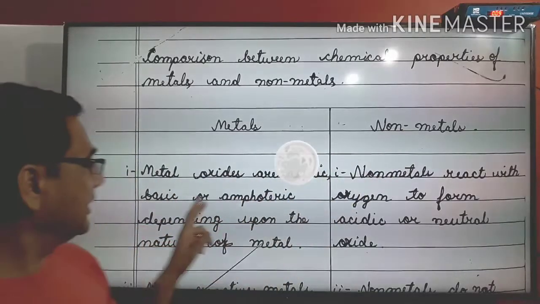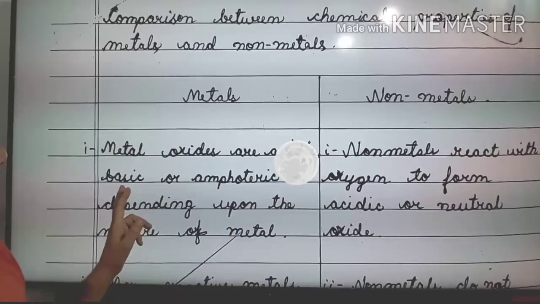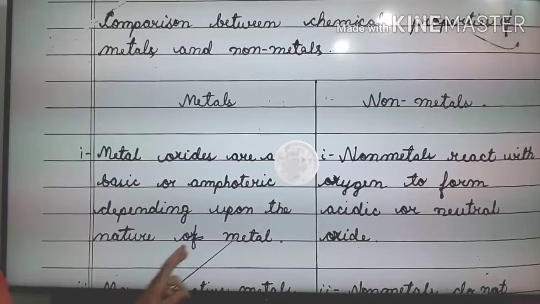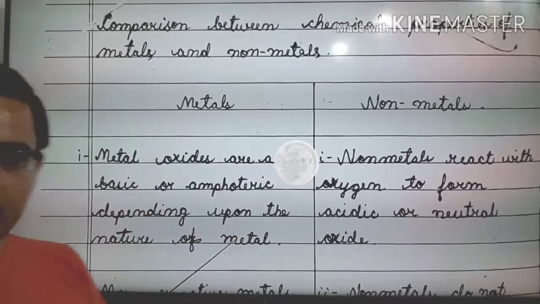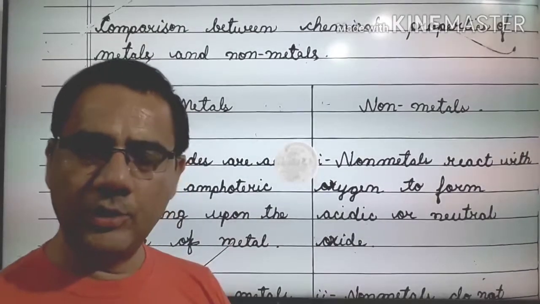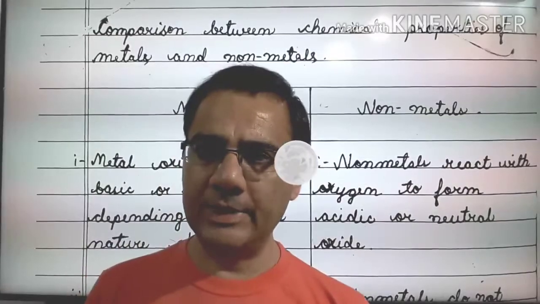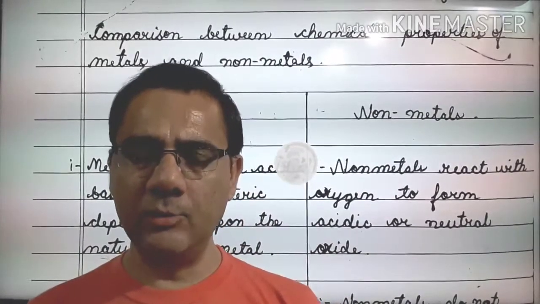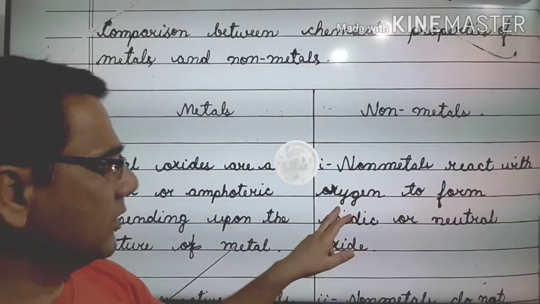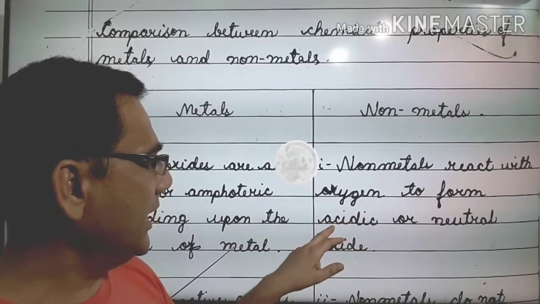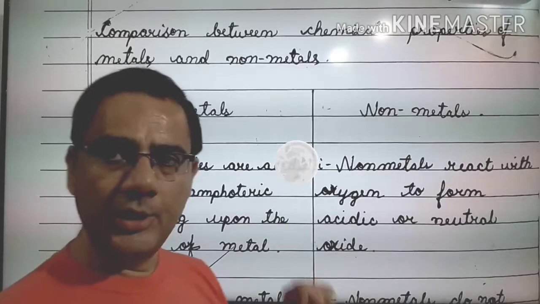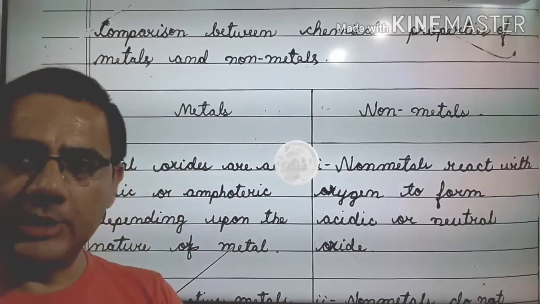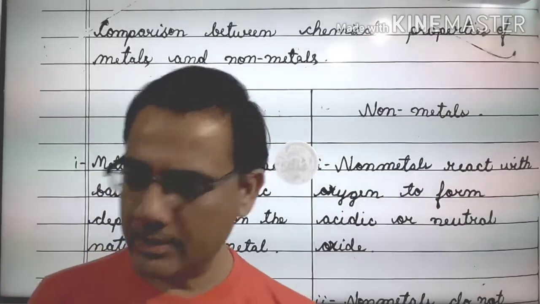metal and non-metal. The first point for metals is metal oxides, basic and amphoteric depending upon the nature of the metal. The oxides of metals, I told you, are mainly basic in nature. Some are amphoteric also, like zinc oxide and aluminum oxide. Non-metals react with oxygen to form acidic or neutral oxides. Non-metals only form acidic or neutral oxides. The non-metals do not form basic oxides. Second point,